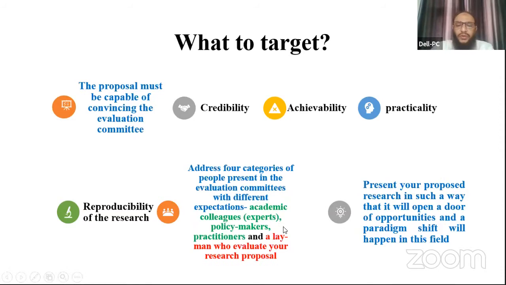So after getting these four hurdles or goals, another purpose or another way of the proposer is to address at least four types of people present in the evaluation committee, which will evaluate your proposal. First one, I would like